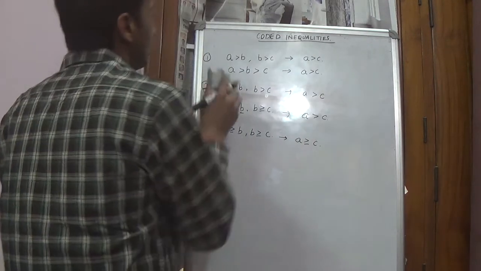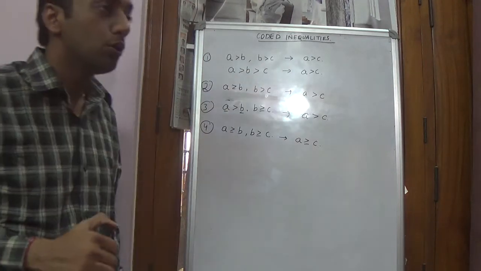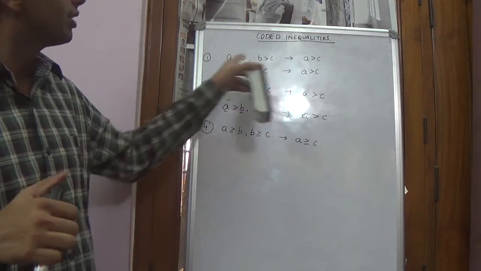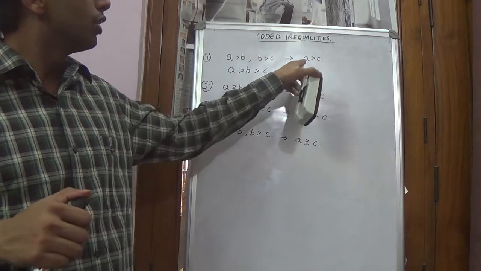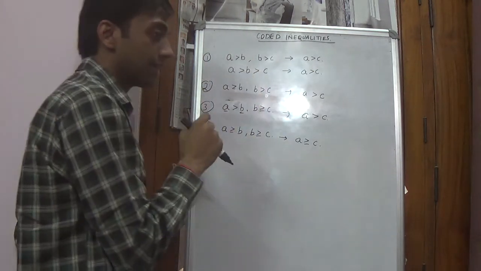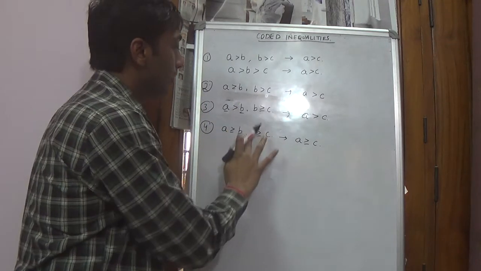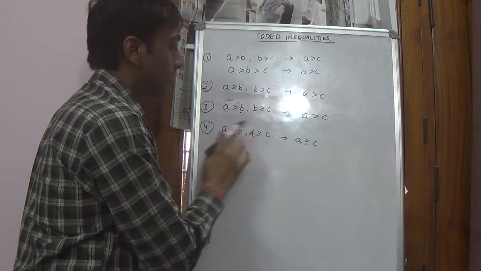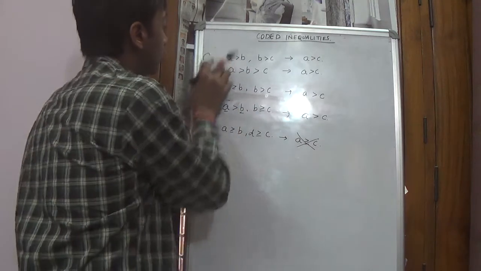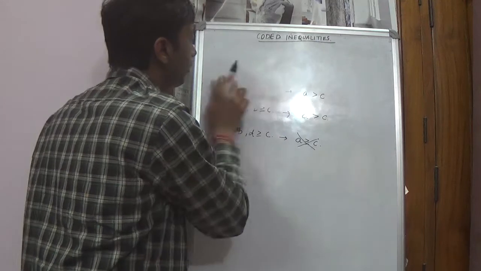Now there are 2-3 important things which we need to know. First, if a relation between 3 variables or 4 variables is given, how we could conclude between 2 variables. So how A and C are connected if B is the connector, and we need to have a connector to get the relationship. If instead of B, here is D, then we cannot get any relationship. So this is the concept and the theory behind this. Let us see how the questions have appeared in the IBPS exam, and from there we could take on.